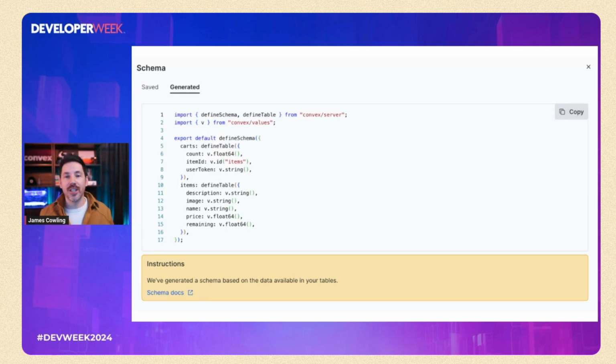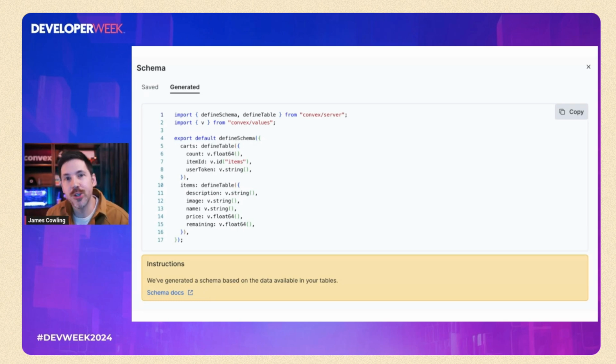But what can you do with this? Well, you can then go and enforce that schema when needed, when you want that type safety. So this is a screenshot from the Convex dashboard for one of my applications, showing code that we can copy and paste into our application and have end-to-end type safety for these two tables called items and carts. And you can see, by the way, there's a typed reference here from an item in a cart to info about that item. So there's type safety even for references between these tables.